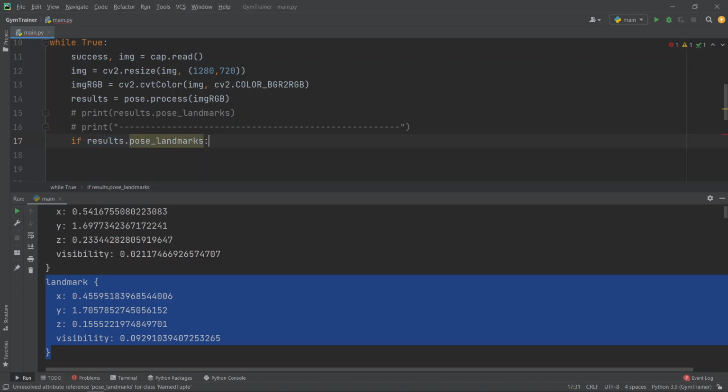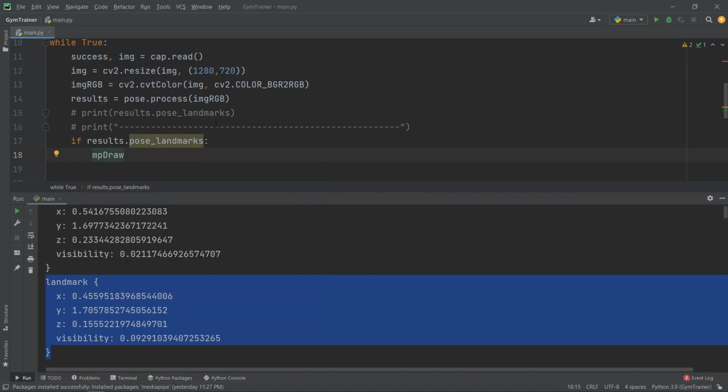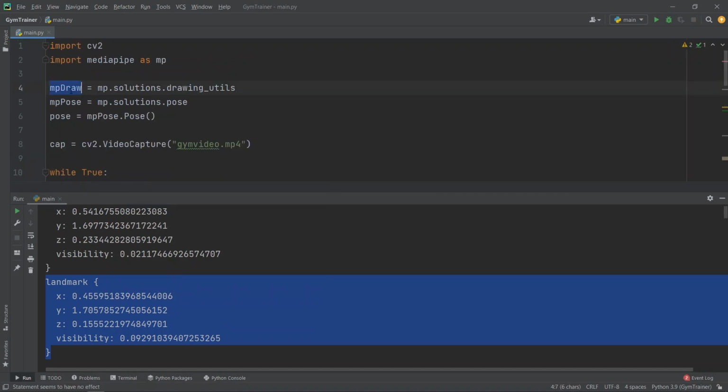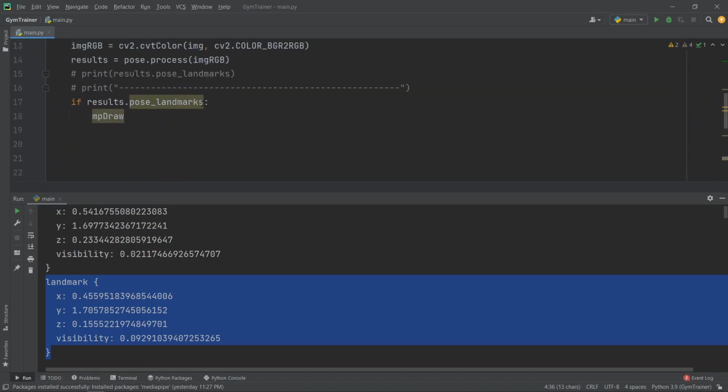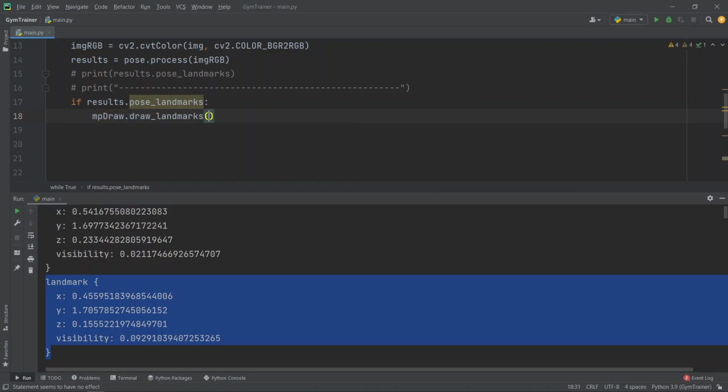Then we have to go for mp_draw, the object that we created for the drawing utilities, for drawing the landmarks on the body. So we will use mp_draw to draw the landmarks on the image, for the results.pose_landmarks, these landmarks.